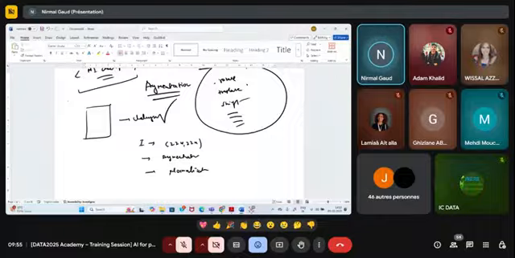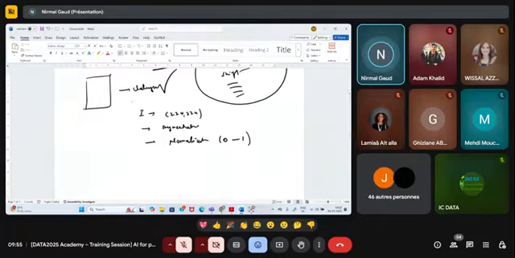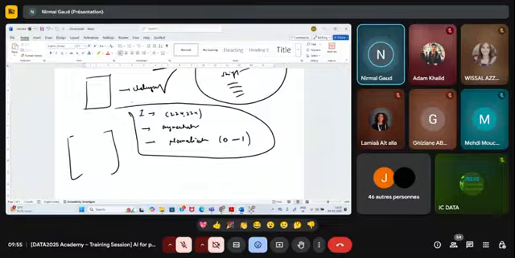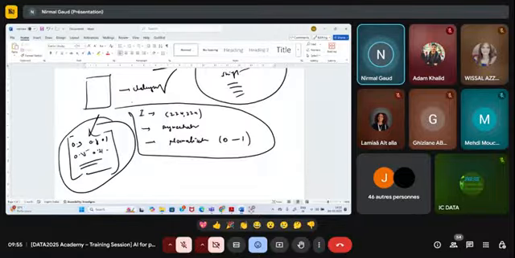That means dividing each and every pixel value by 255 to convert each pixel to between 0 and 1. So after all these pre-processing steps, you will see the image has this information: 0.9, 0.8, 0.1, 0.25, 0.31 and so on. We normalize the values present in an image, or sometimes we say standardize.